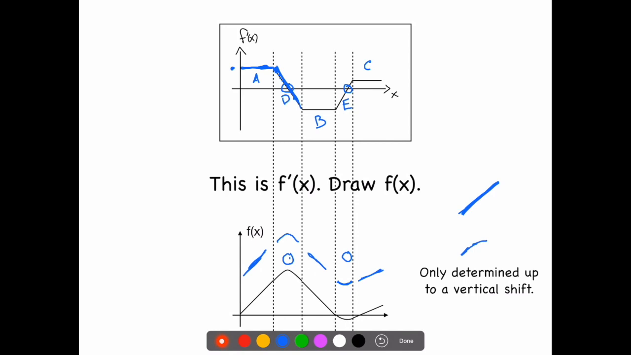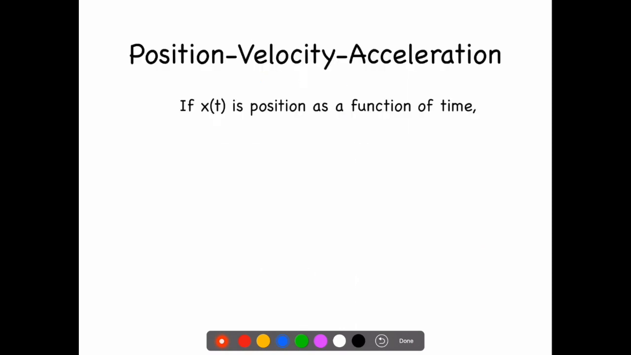Now the function that I've drawn here is only correct up to a vertical shift, so I can slide the whole thing down and I would still have the same f prime, but the shape is the same. So what we're targeting here is getting the shape correct, and then the vertical shift is kind of arbitrary. Okay, so a natural place where